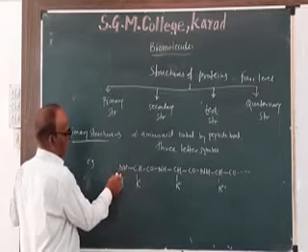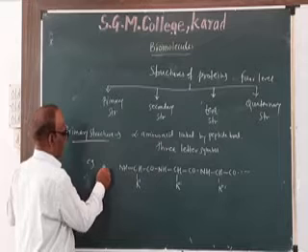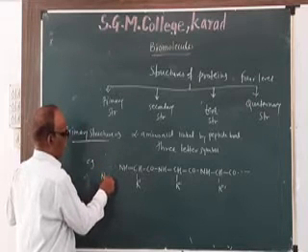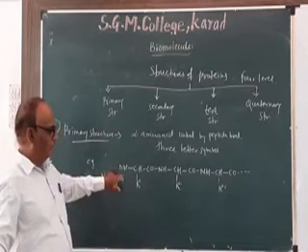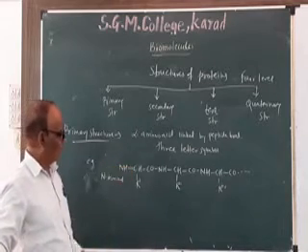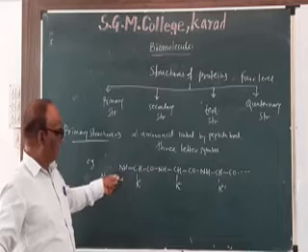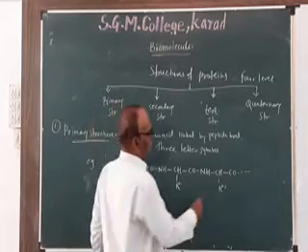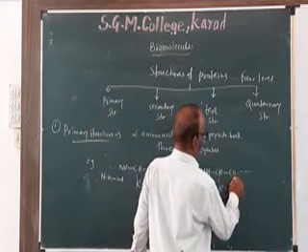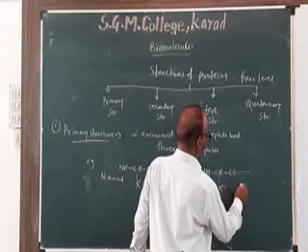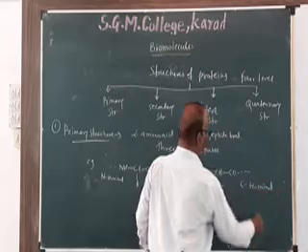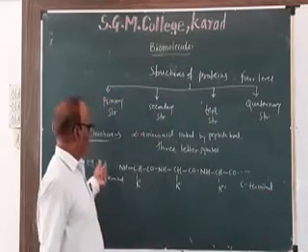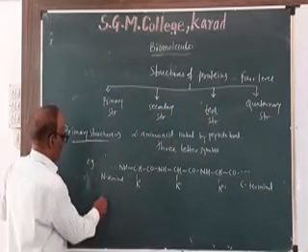The amino group present on this side is called the N terminal. We already studied how the peptide bond is formed. So the NH2 side is called the N terminal, and the carbonyl group present on this side is called the C terminal. So this is the general structure of a primary protein.